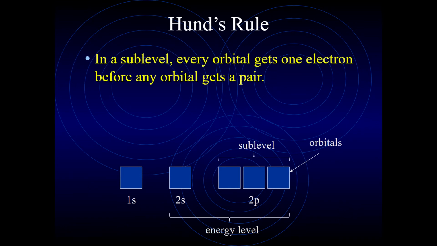Now, there's a rule, maybe it's called Hund's rule, that says you're not allowed to put an electron into any particular sublevel orbital. Let me rephrase that. You're not allowed to completely fill any given sublevel orbital until each orbital has been given 1 electron. I'll try to make that clear as we go to these next slides. So let's see what they do. For example,